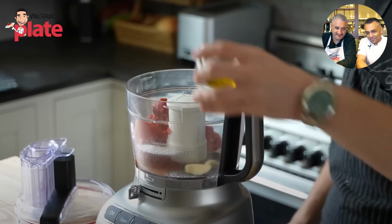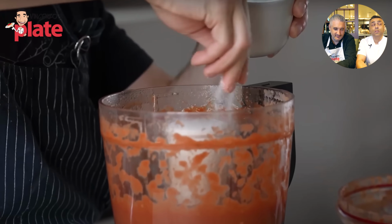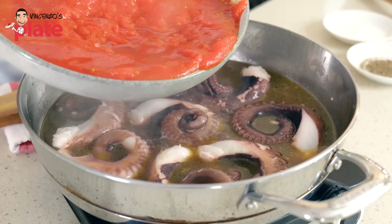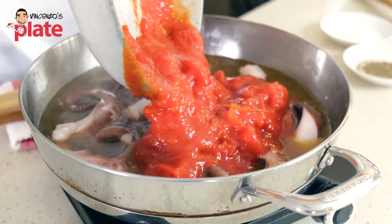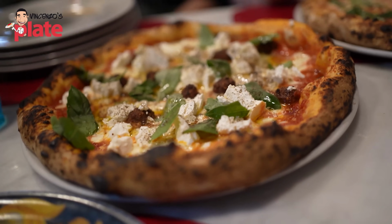2.5 tablespoons or 35 milliliters of extra virgin olive oil. We don't need that either. Blend until extremely smooth, season to taste with salt. Extremely smooth? The beauty of San Marzano is the tomato. We want to keep the pulp. We want to squash with our hands, and it also releases the beautiful flavors, the flavor and the sweetness. And then when you look at the pizza, you see those beautiful...